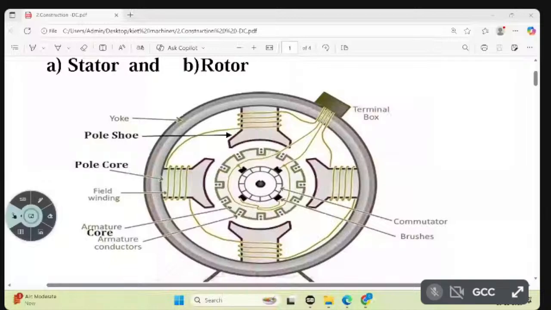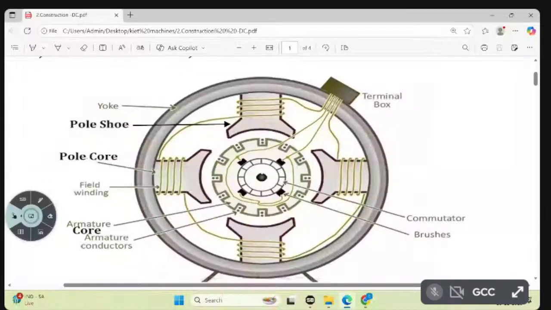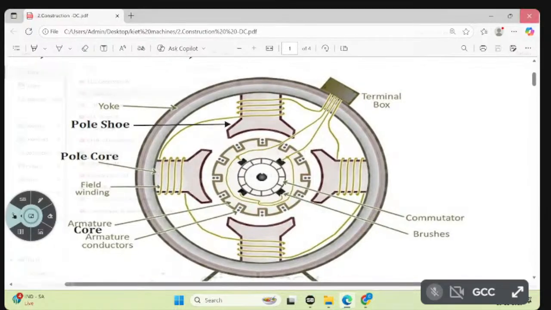And see, one terminal is coming out here. North pole, south pole, north pole, and we are bringing out two terminals, to which we give the DC supply. Now I am making this